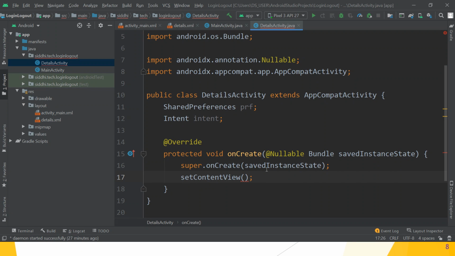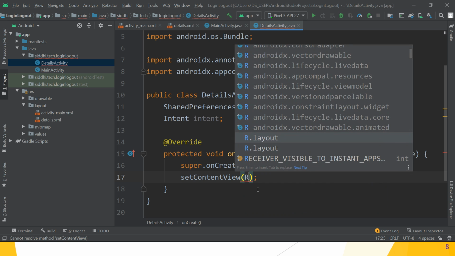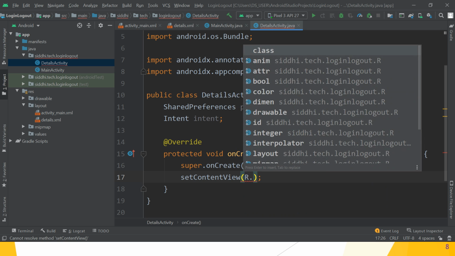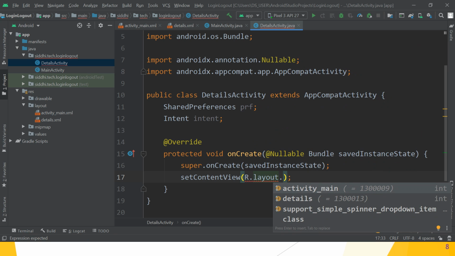Saved instance state, bundle, okay. So this activity refers to the layout details dot xml.